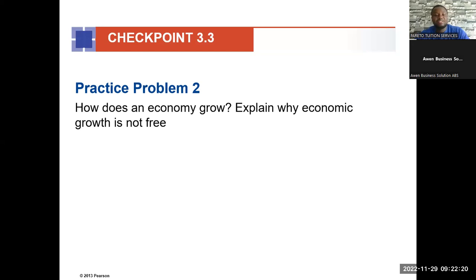But do you think there's a cost to economic growth? Is economic growth free? Can we just go like that without sacrificing anything? No. So why is economic growth not free? Because using the PPF, if you're able to produce at efficiency, meaning that based on the level of technology and the available resources you are producing at efficiency, but for the economy to grow,